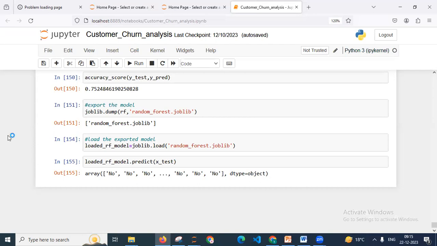We have already done the data manipulation part. We have already done the data visualization part, and we also